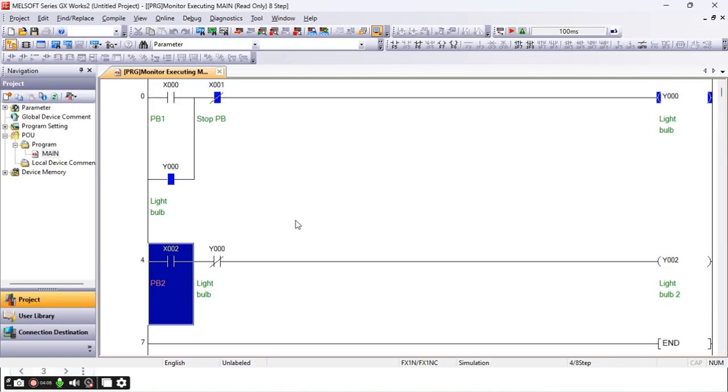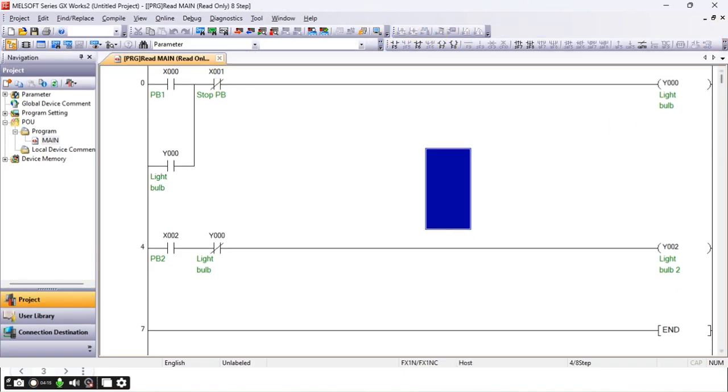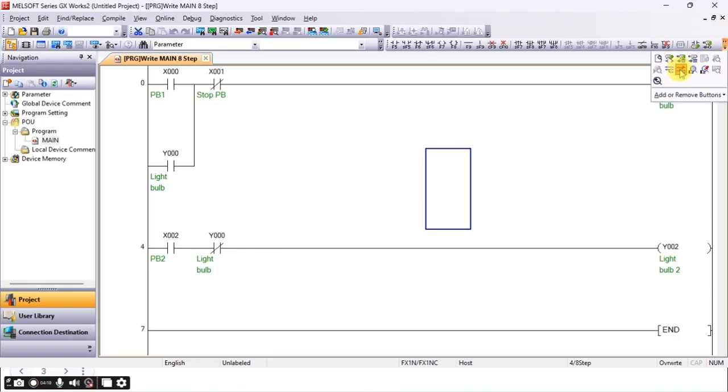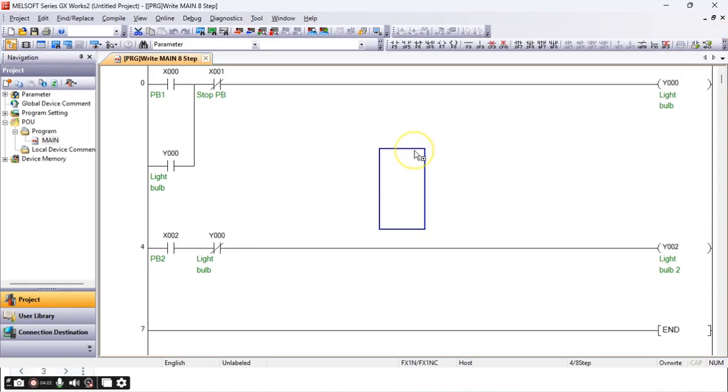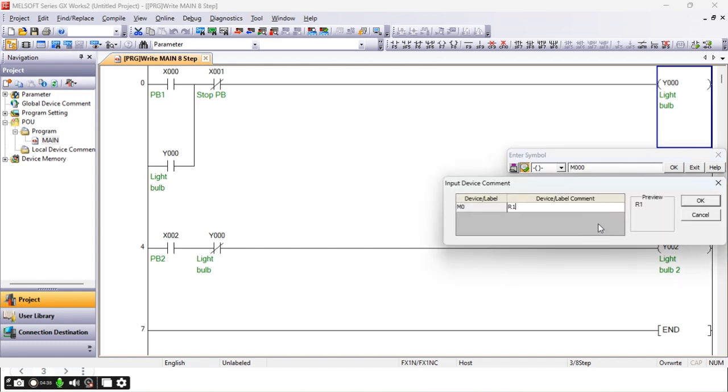So I'm going to convert this program by applying the memory bits function. I'm going to start the simulation first, and then go to write mode. Instead of using Y0, I'm going to use M0, and I'm going to label it as R1.